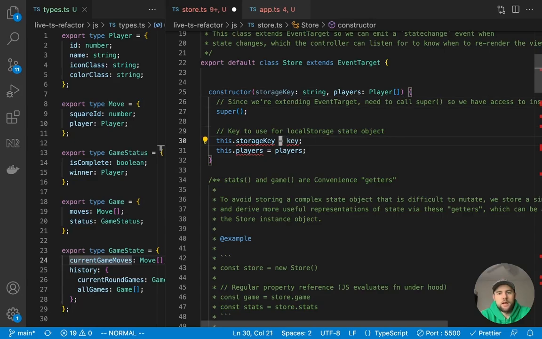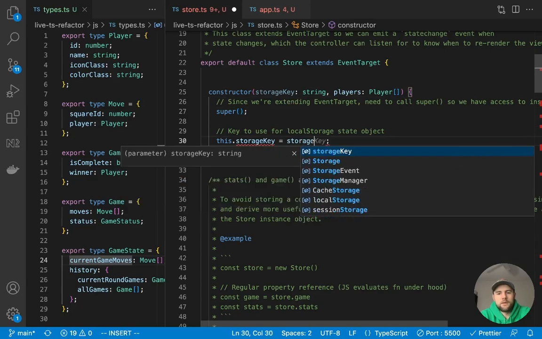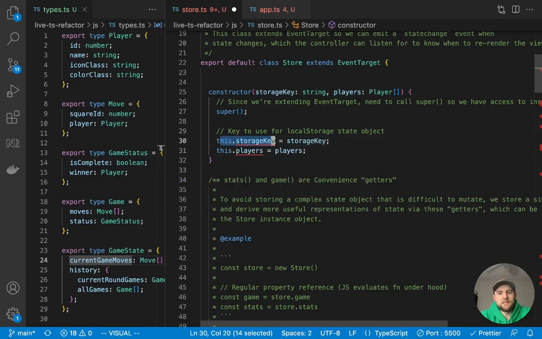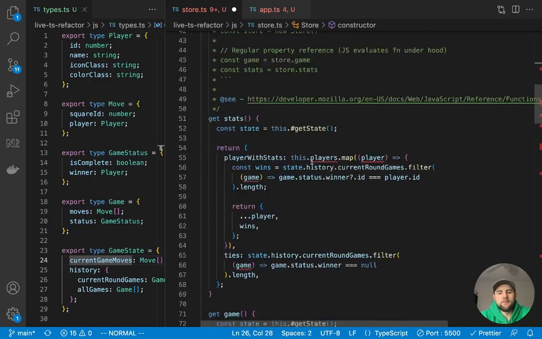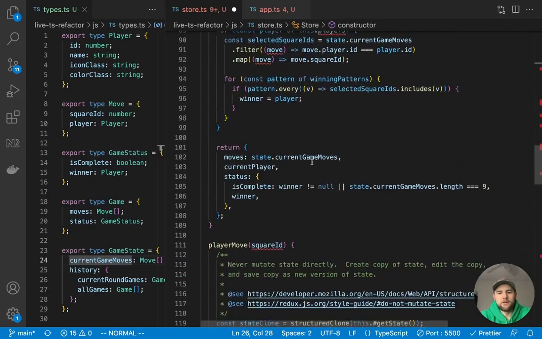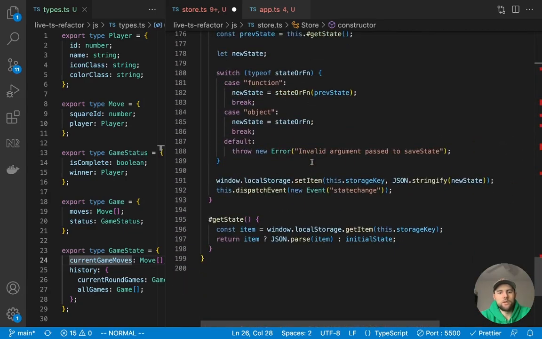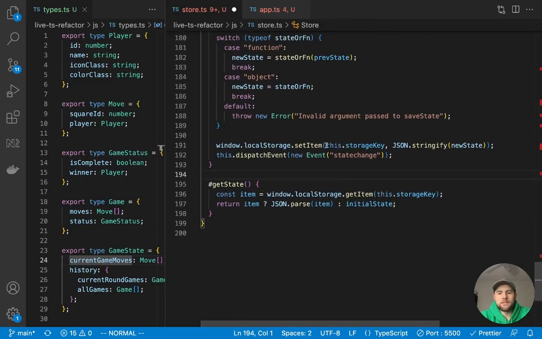And so far it's not going to do anything. So if we tried to assign this.storageKey equal to storageKey, it's not going to work. We can remove that entirely. Now this is not going to work, but if we say this is a read-only property of the class, it will define it so that we can access it later in the class. So if we go to the bottom where we are saving the state, you can see we're accessing this.storageKey in these two places. And if we hover over that, it's going to know that it's a string.